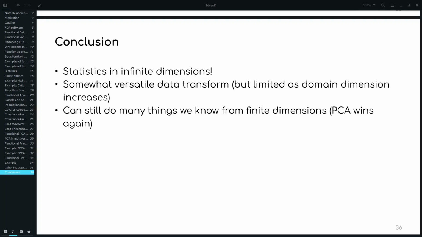While you're writing, I'm going to assume that you mean what is the point of doing FDA. The first point is that in a lot of cases, it makes sense to see your data as a function.